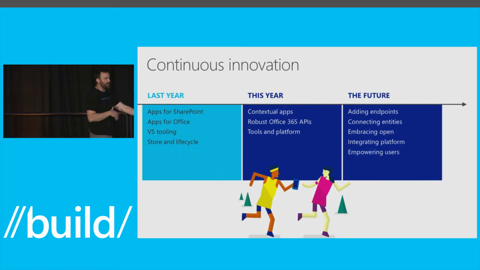The whole point of this new app model being based on HTML and JavaScript was that we knew Office was going broader, and it wasn't just about Win32 Office, and we needed an app model that could run wherever Office does. And so we'll continue to focus on adding new endpoints and making it so that when you build an app, it can work anywhere that Office works. And the Office 365 APIs, like the list that I mentioned to you, was just basic: document, calendar, mail. But there are some competitors that just do document and that's it, right? For us, that's just the basics. There's a lot more that we'll focus on.